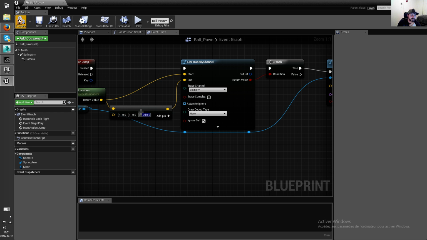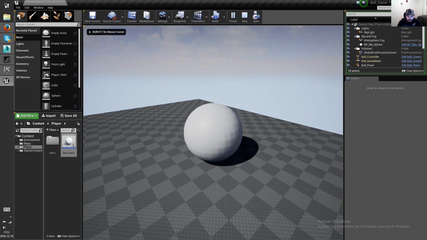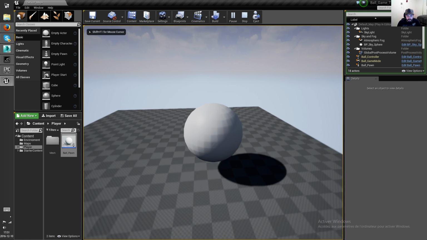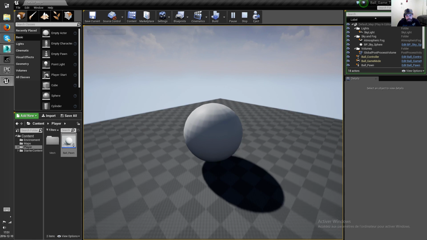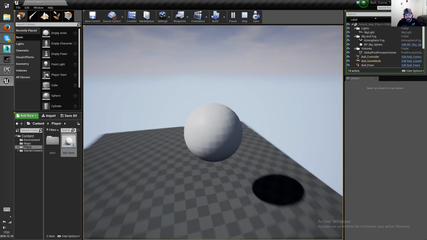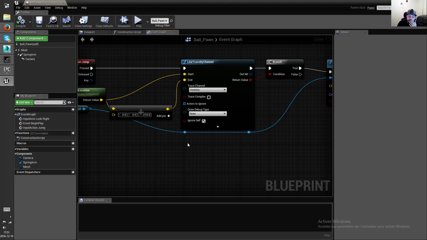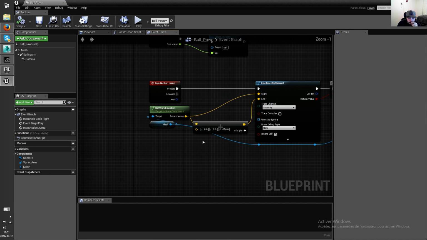Say 210. Good. So you see, I'm on the ground, I'm jumping, then I'm in the air, I'm not jumping up. So we have a little jumping mechanism right there,